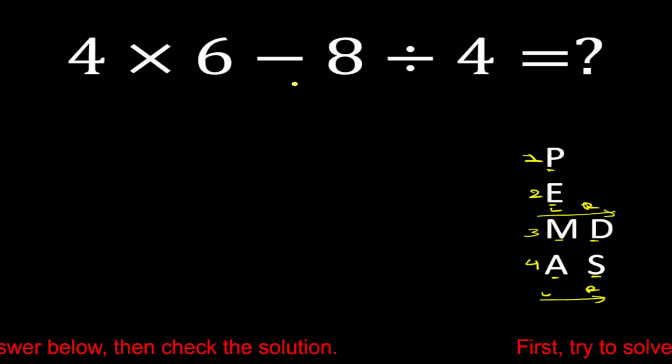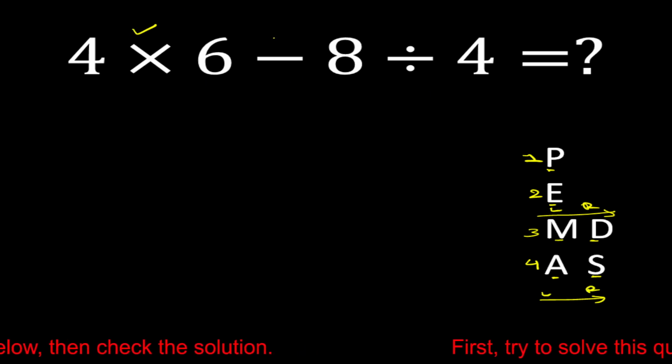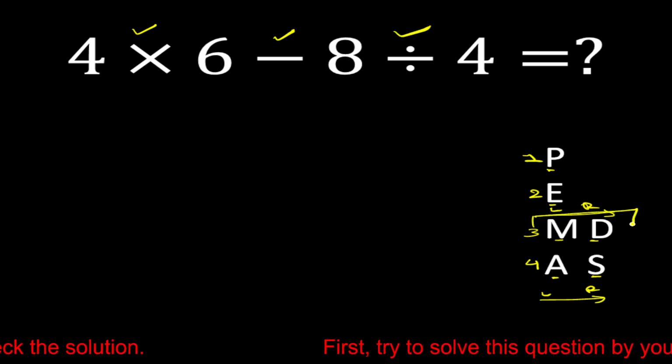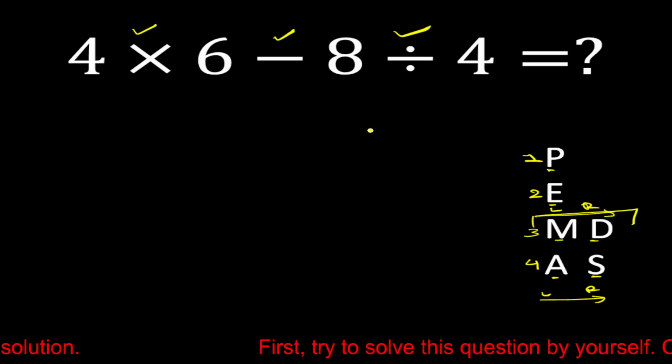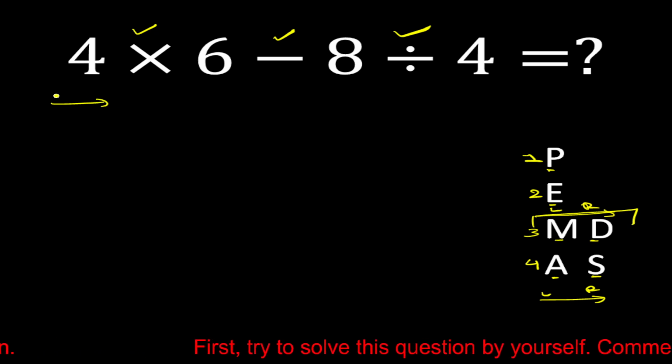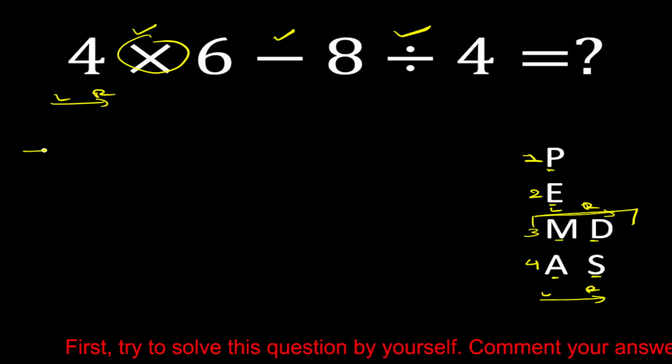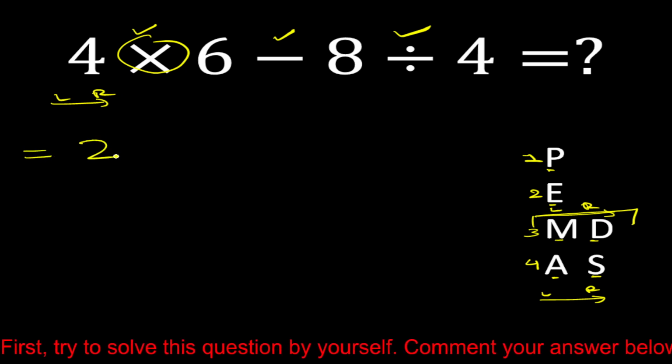In this question we have one multiplication, one subtraction and one division. So first we have to solve multiplication and division, and both have equal priority, so we have to solve them from left to right. So first we have to solve this multiplication. 4 multiply 6 is equal to 24